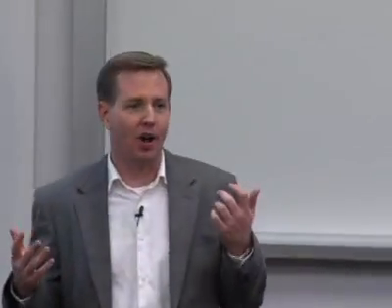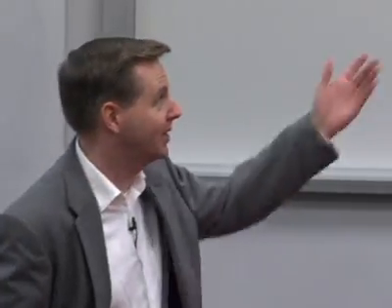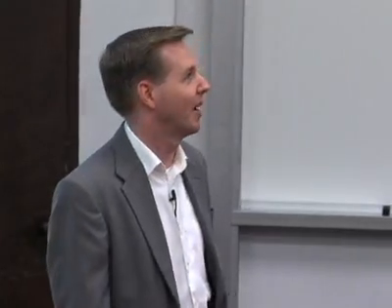So the first part I call my motherhood and apple pie spiel, which is what do VCs look for, and it's pretty simple. It comes down to people, market, and product. I think you will find wild debates between the first two on the list in their sequence, but to the discussion we just had, the third one is by far the least important. As much as that pains me, I'm an engineer, I love my discipline, but we are now necessary but far, far from sufficient to build a real company.